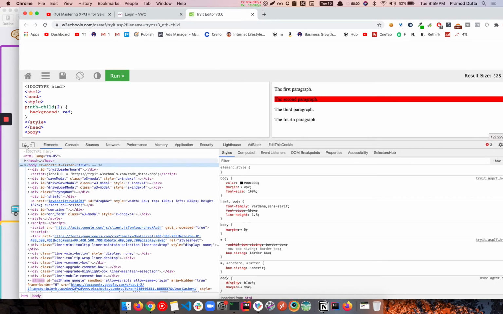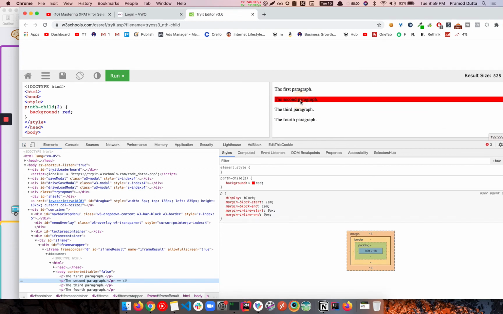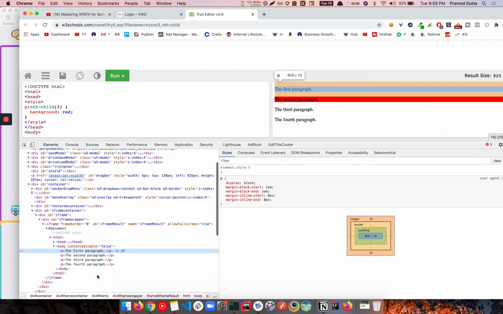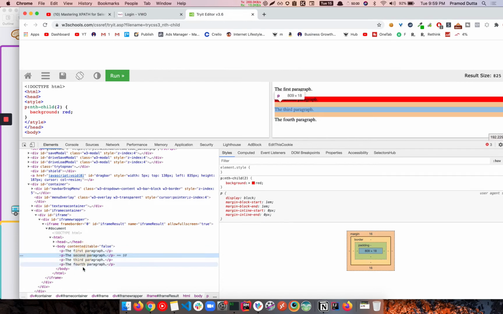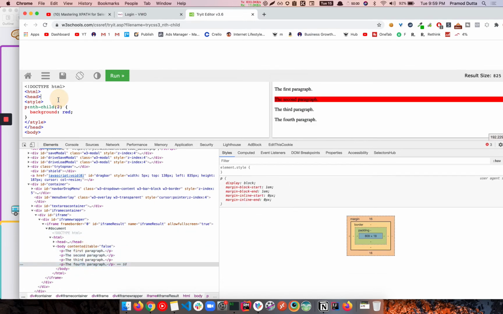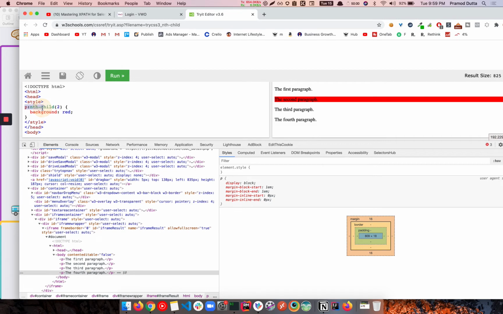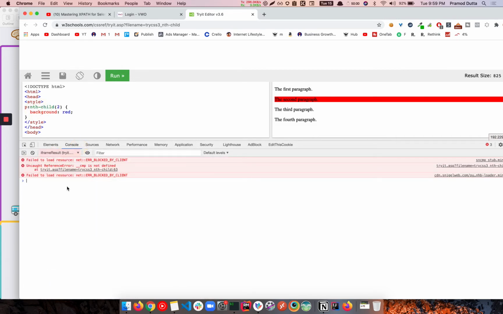So if you see here, this is one of the demo, and here if you see we have four paragraphs, right? Paragraph 1, 2, 3, 4, right? And nth child basically is what we are doing here is that in this case, for example, we want to get the third element, right? So how we can get the third element in this case is that basically we can use dollar.